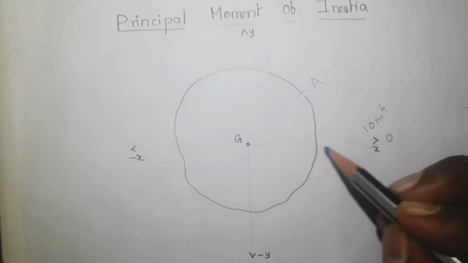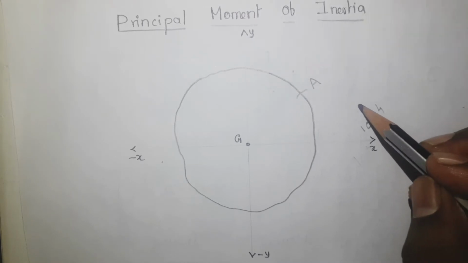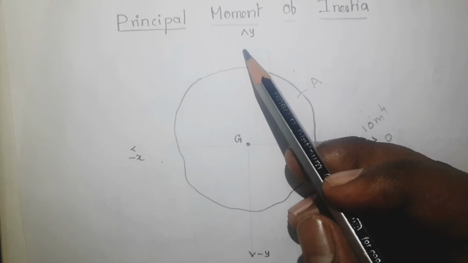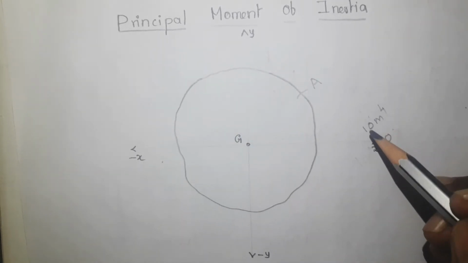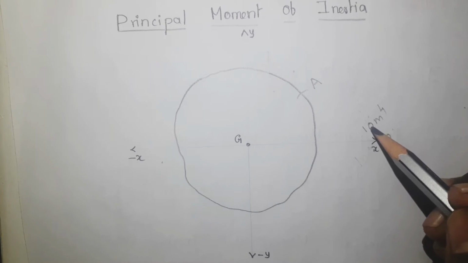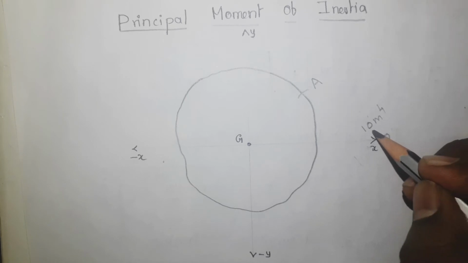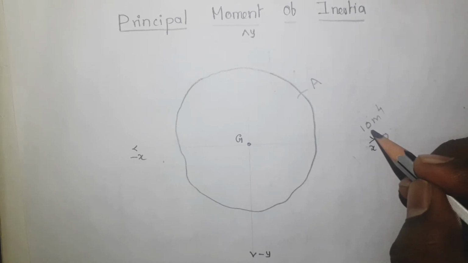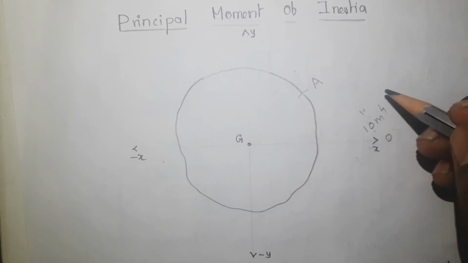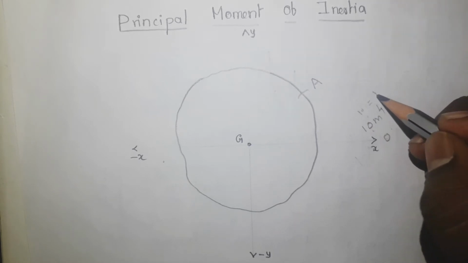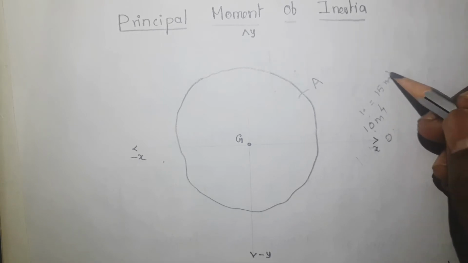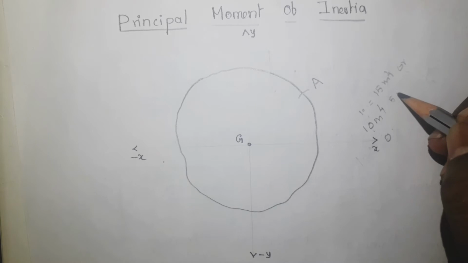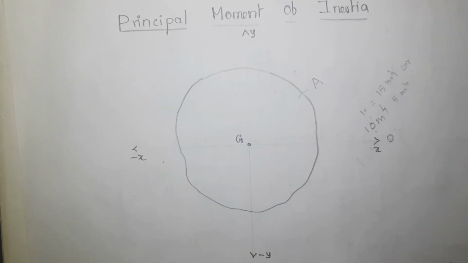Now when I change this axis from 0 to 10, 20, 30 etc., correspondingly the y axis will also change. Now you see here the moment of inertia will also change, either in an increasing way or in a decreasing way. Let me take the angle as 0 degree and the corresponding moment of inertia is 10 meter to the power 4. Suppose it is 10 degree, then the corresponding moment of inertia may be 15 meter to the power 4 in the increasing order or 5 meter to the power 4 in the decreasing order. So one thing is sure, the moment of inertia will change when I change the orientation of this axis.